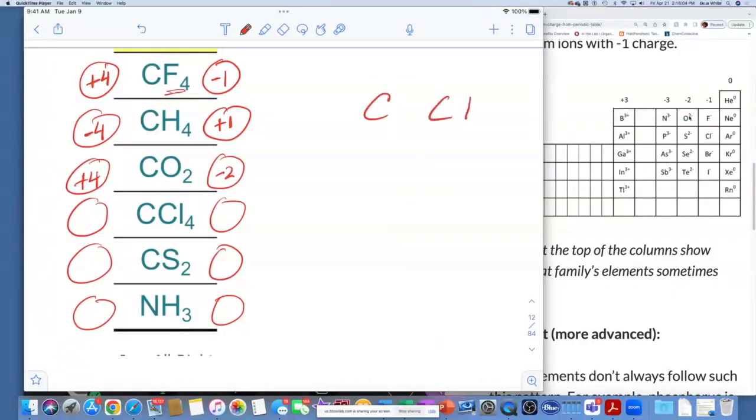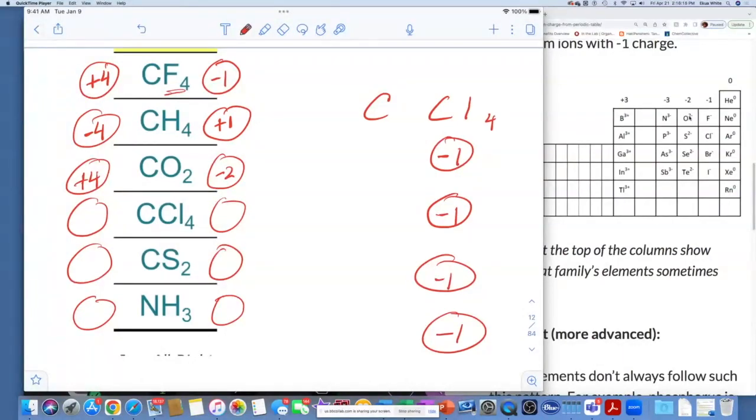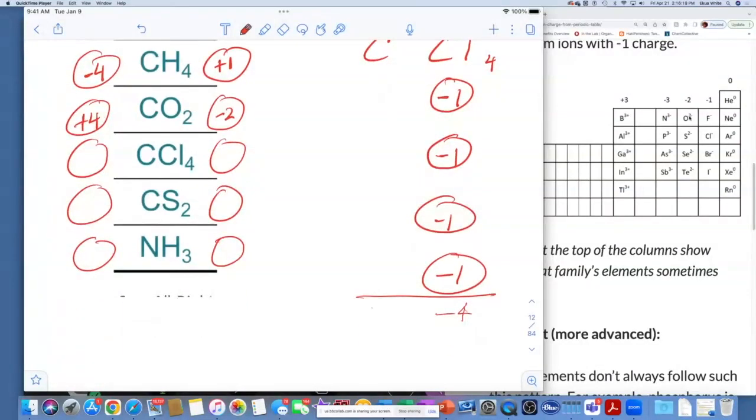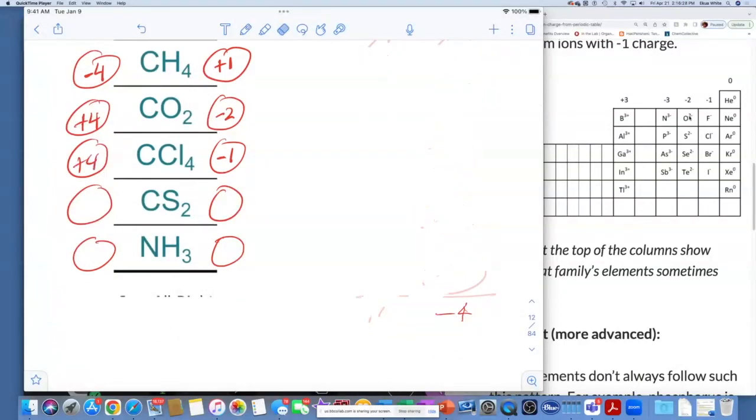CCl4, and of course we have four of these. So 1, 2, 3, 4. So it'll be -1, -1, -1, -1, -4, making this +4, right? So -1 for each chlorine, +4 for each carbon. You get that? You get the hang of things, right? Okay,